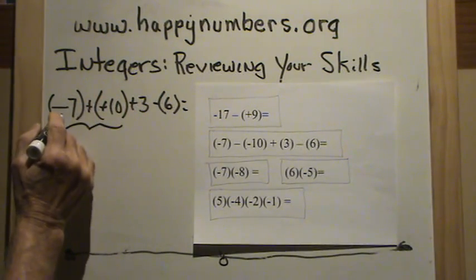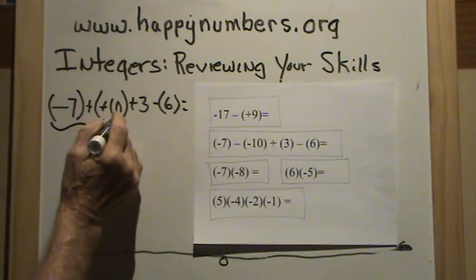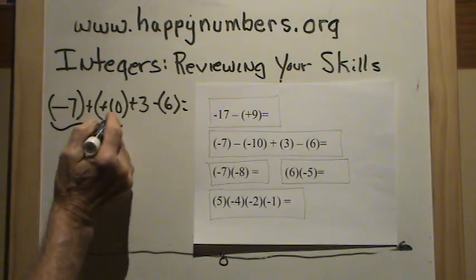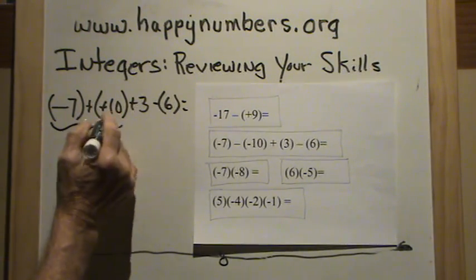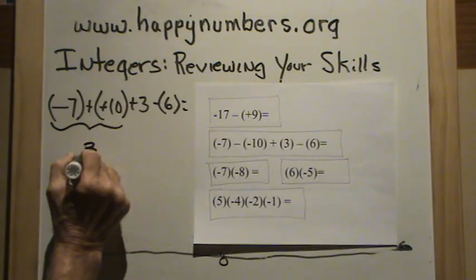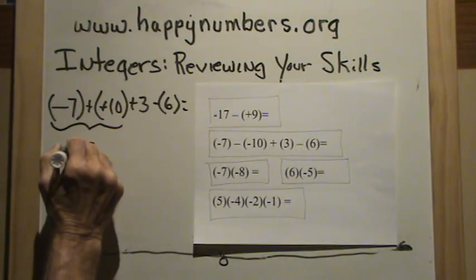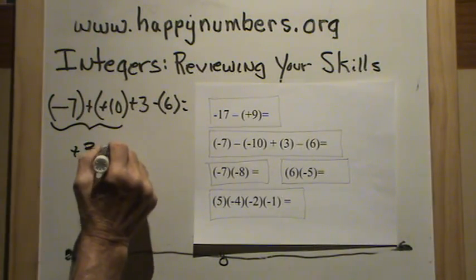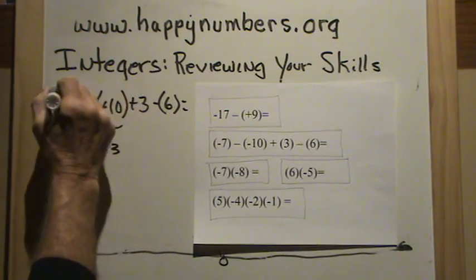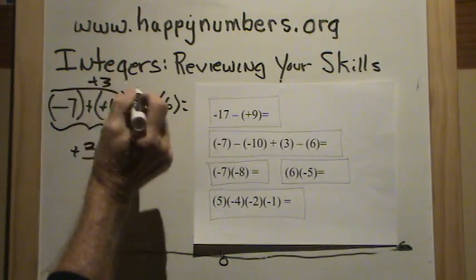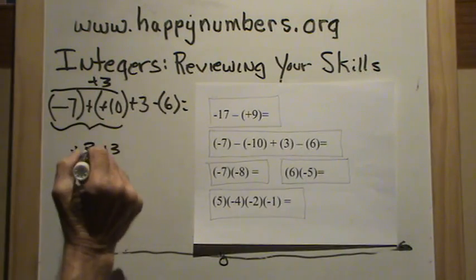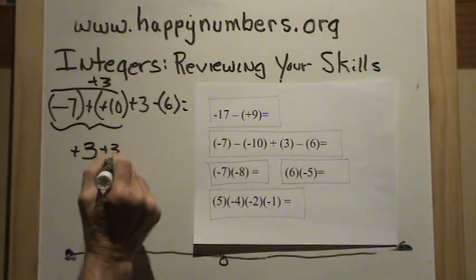And now I'm adding negative 7 and a positive 10. So I take the smaller from the larger. If I take 7 away from 10, I get 3. Use the sign of the larger, so I have a positive 3 plus 3. So this becomes positive 3. Now I'm adding 3. So a positive 3 and a positive 3 will give me